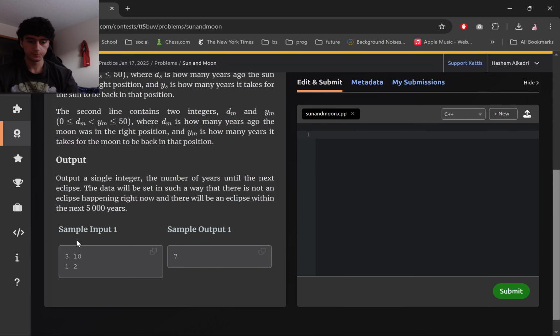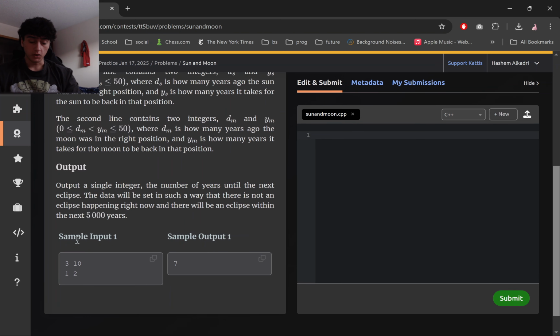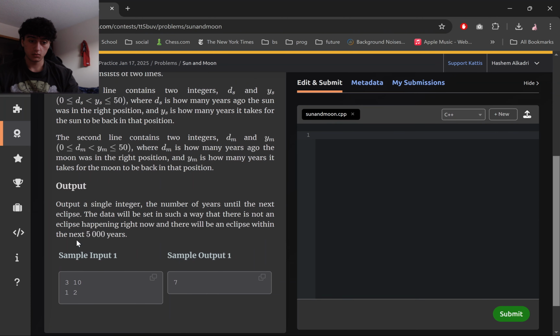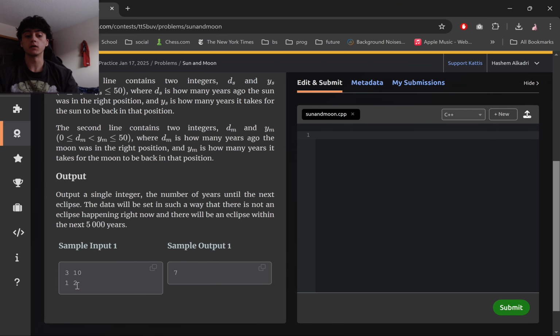So now we're gonna have to use modulus, I believe, because it is convenient that this input case that they gave us lines up in the next time the sun is in the right position, right? So 3 days ago we knew that that was good, and we know it takes 10 days. So we're going to take the difference of those, continuously add. And that's how we know the next time the sun is in the right place. We're going to take the difference of these, and that's how we know the next time the moon is in the right place. And if they don't match up,